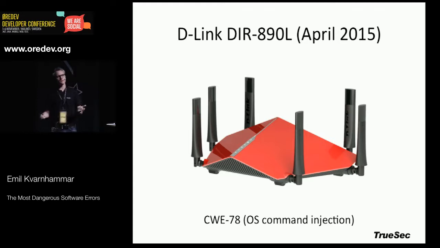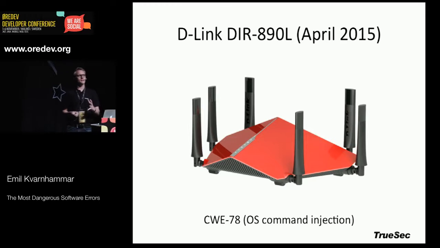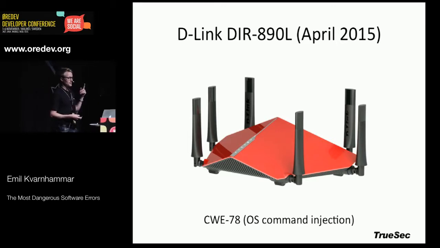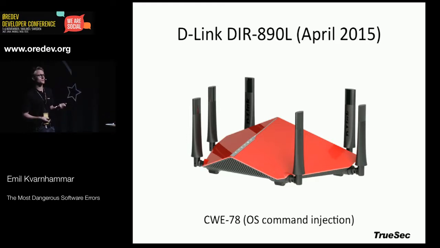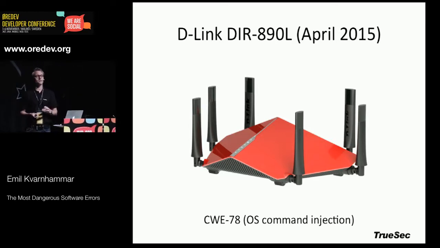You might think that if there is a list like this, like CWE SANS, the top 25 most commonly occurring vulnerabilities, or the OWASP top 10, which is so obvious, then you might think that you're not going to find these types of vulnerabilities in 2015. But I bet you do. And a good example is wireless routers, that